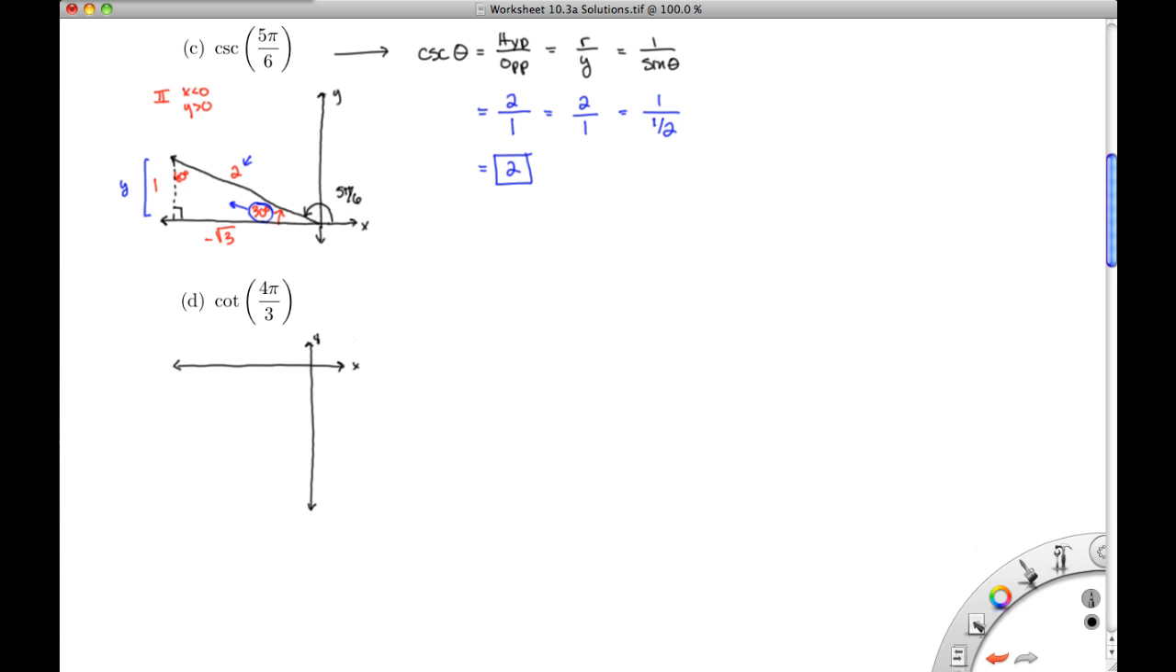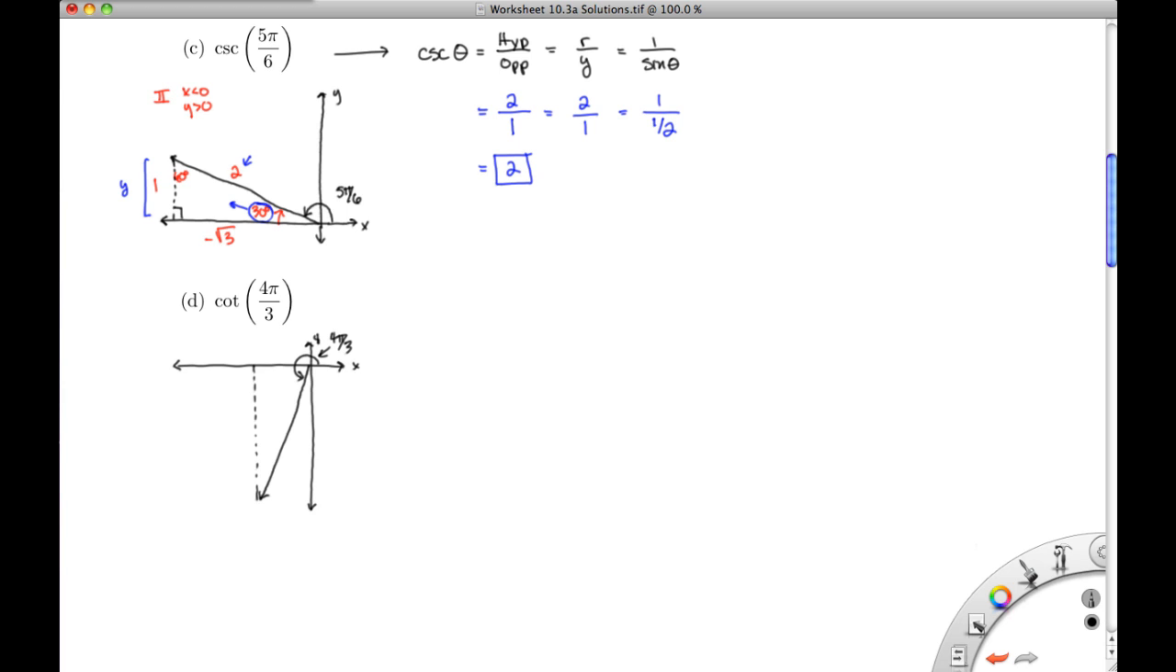And we know that this angle is going to put us 30 degrees shy of 270. So it's going to be like this. So this is your 4 pi divided by 3 angle that we've rotated. And if we draw our